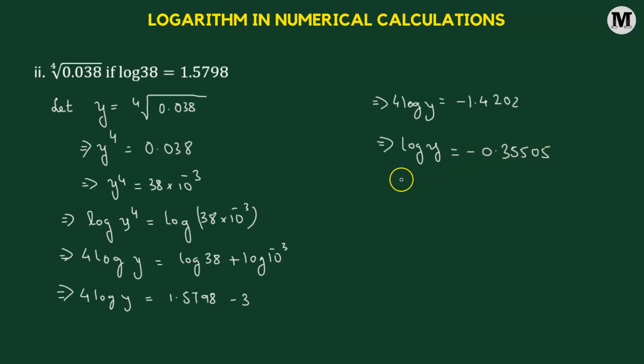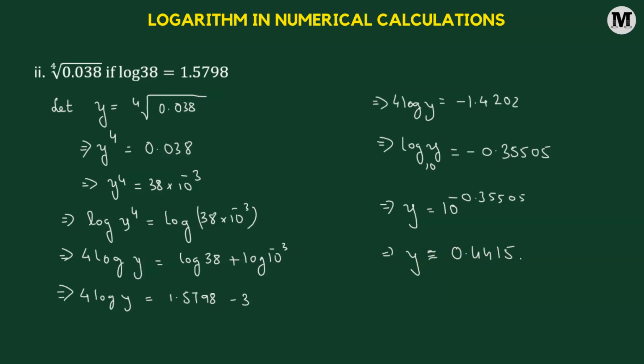But instead of taking the anti-logarithm, we know that the base is 10. So that means y is going to correspond to 10 raised to the power of -0.35505. We can compute this value, then y comes out to be 0.44155. And we can verify that if we take the fourth root of 0.038, that also comes out to be approximately